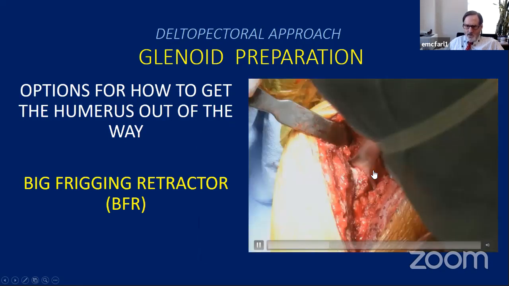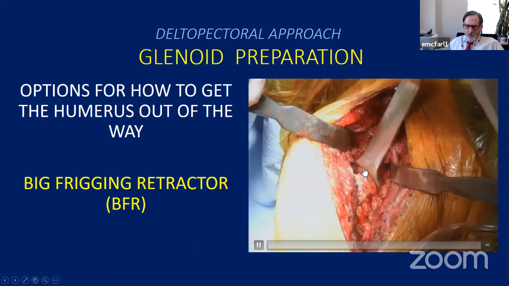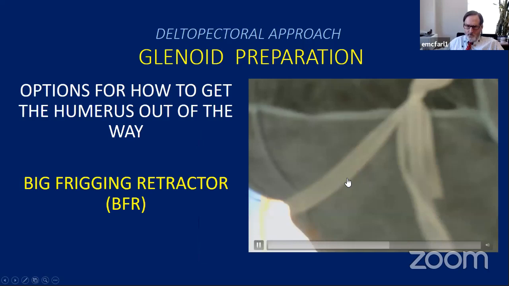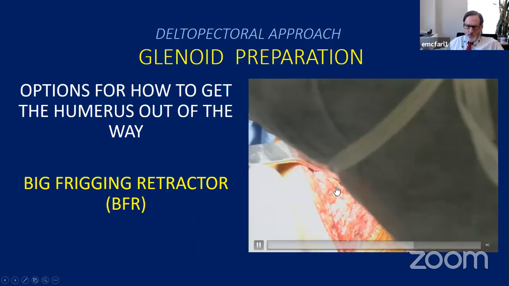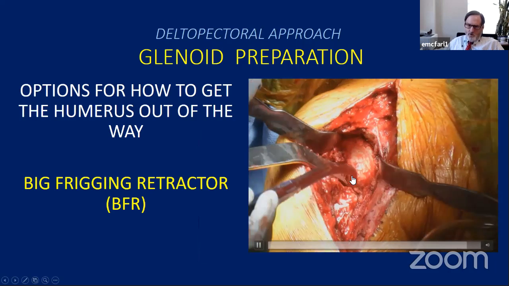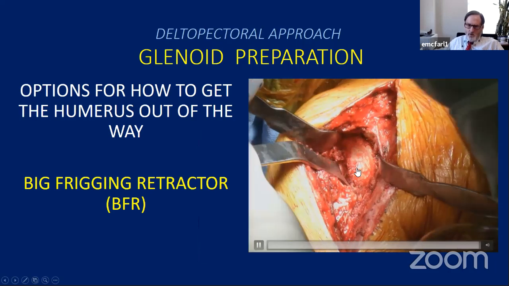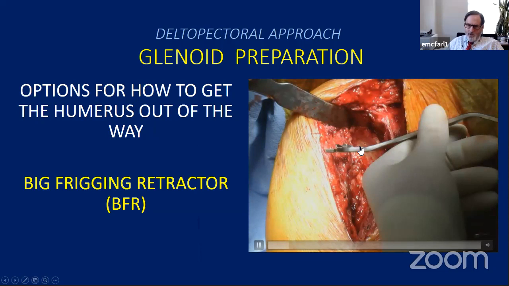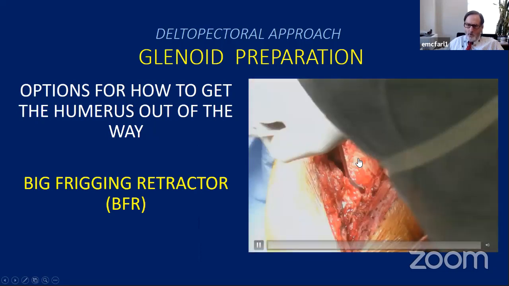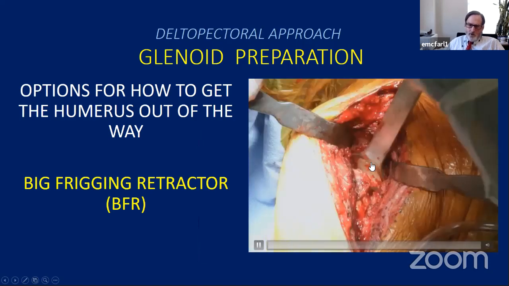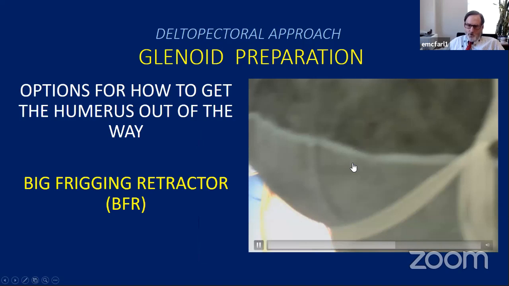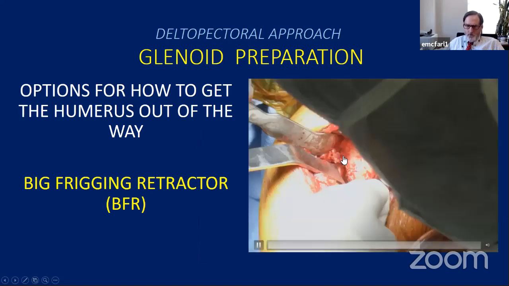So you can put this thing down in there like that. And oddly enough, it works. But one thing you have to do though is make sure you protect the stem and the humerus. It'll smush it or smash it. But see, it gives you really tremendous vision. But the advantage is that the reamers don't hit these tines because they keep it away from the glenoid rim. But anyway, you can experiment with whatever you like to use. But there are special retractors that make it a little bit easier.